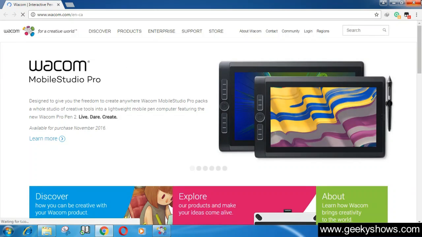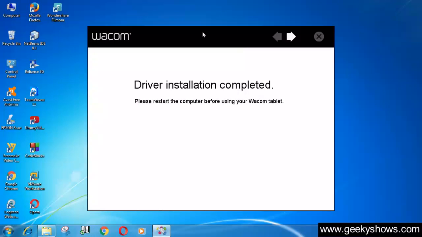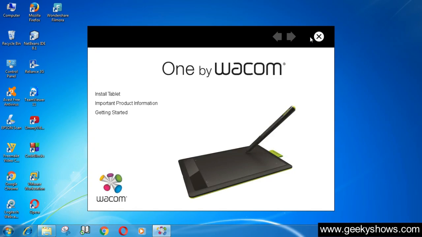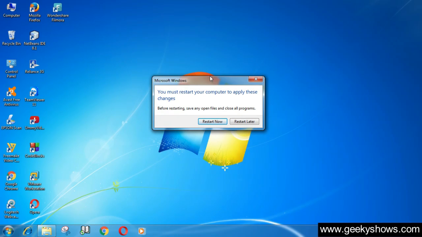I'm going to close this because it is not useful for me right now. As you can see here, driver installation completed, and it is also saying please restart the computer before using your Wacom tablet. So I'm going to click here, then exit this installation, and it is asking to restart the window. So let's restart this.